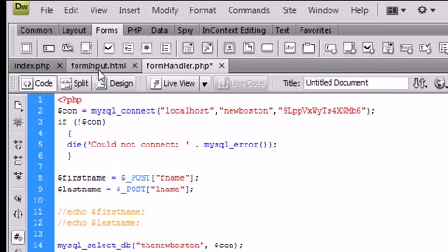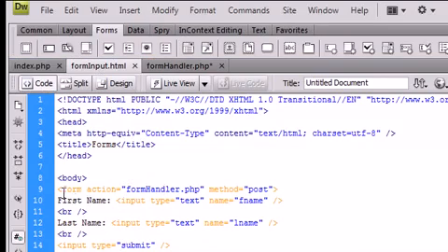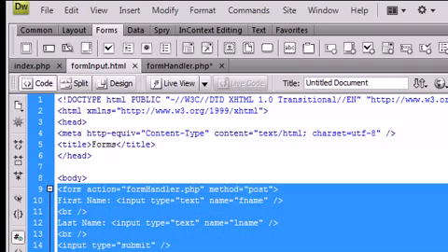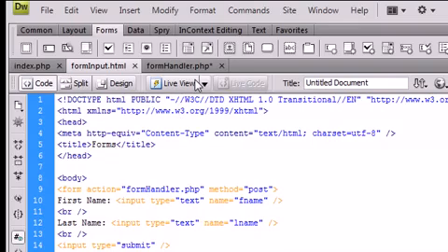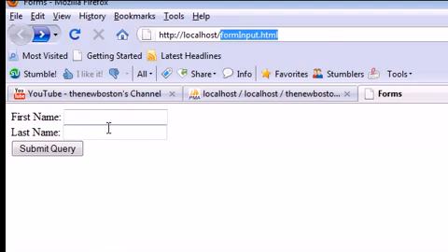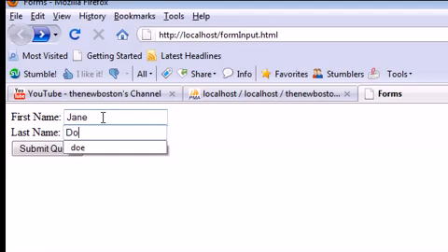And if you guys don't remember, that is right here. We have our form data inside of this form right here. So let's go back to the form input.html, and let's go ahead and type in a name. I'm going to type in just a simple filler name, Jane Doe. I'm going to submit,